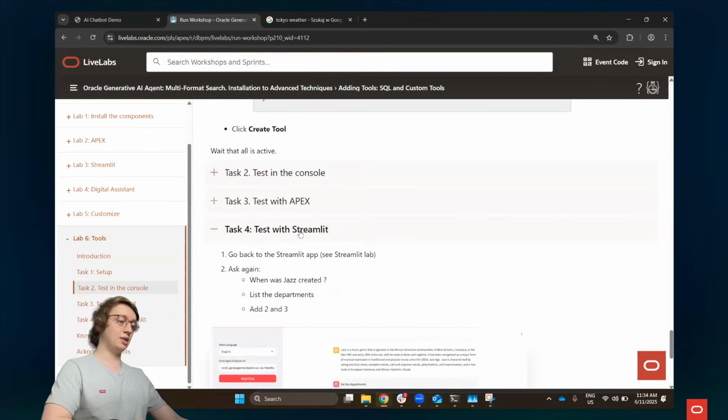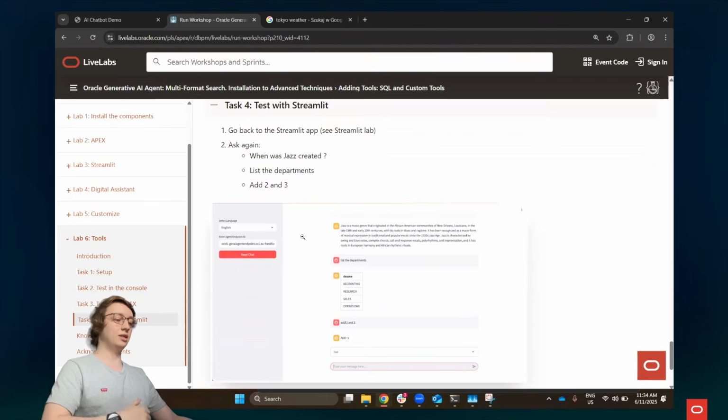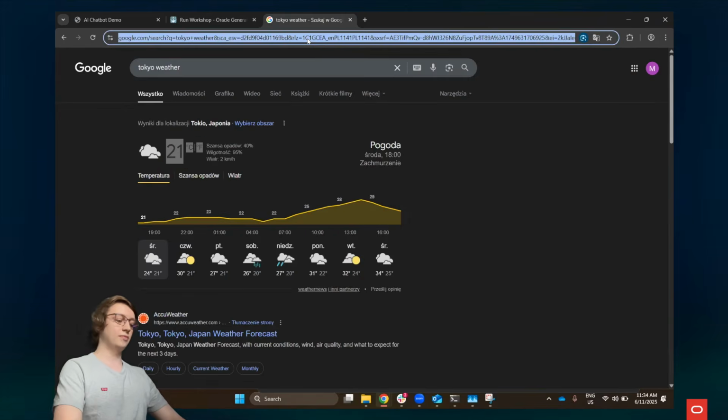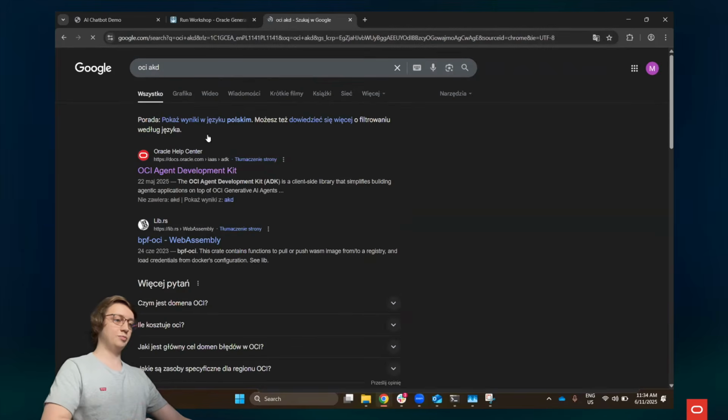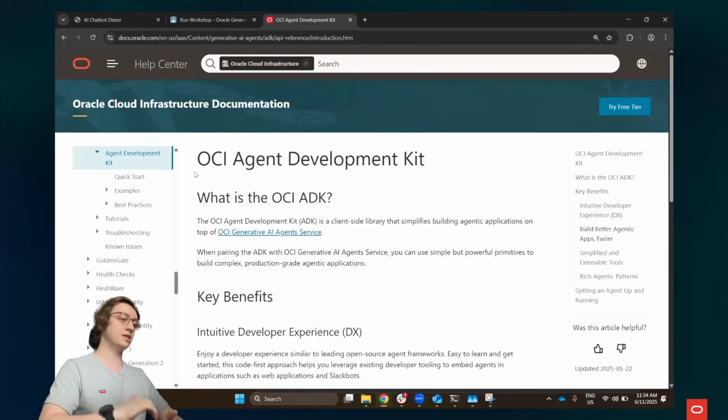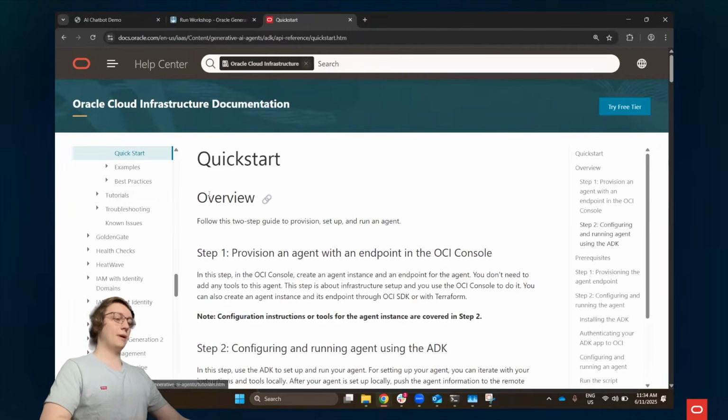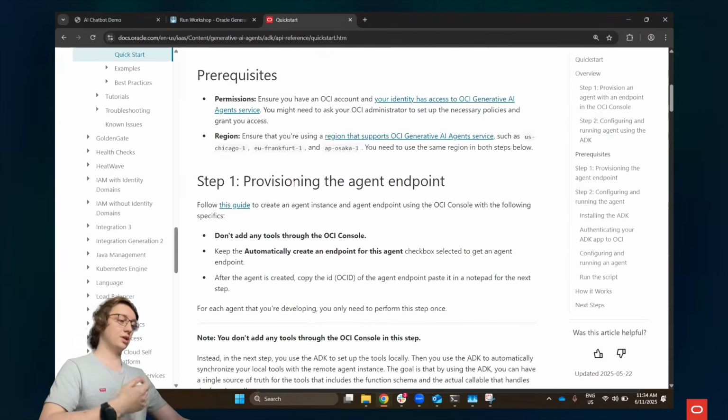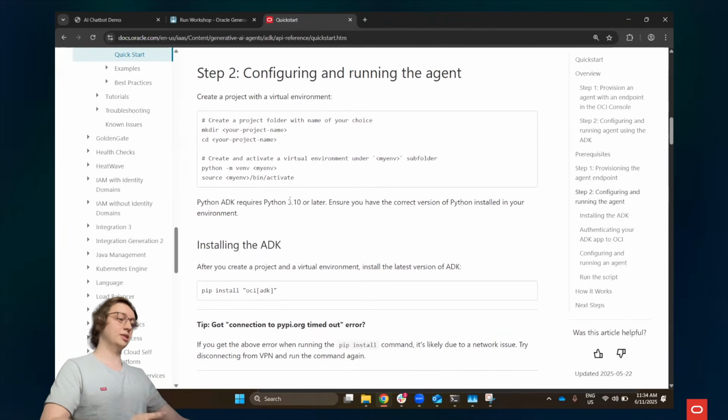Streamlit is a Python library, and you can directly use one of our own libraries, that is OCI ADK. This is the Agent Development Kit. If you want to play with agents, there are instructions on how to install it. All of these links will be provided to you at the end of the presentation via email, or in Slack. So we have a quick start review of installation and how to do everything in ADK.